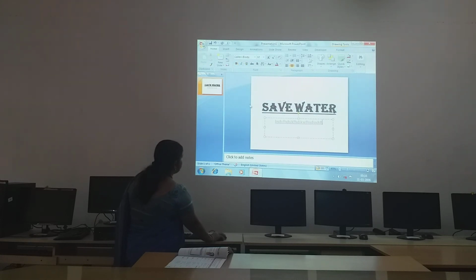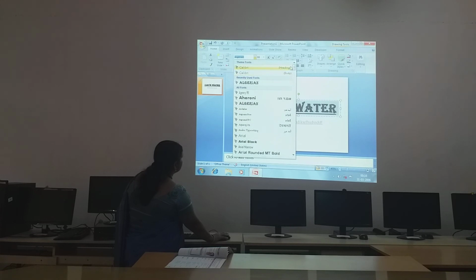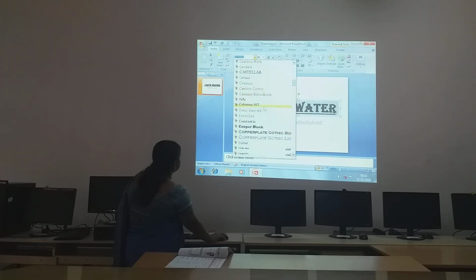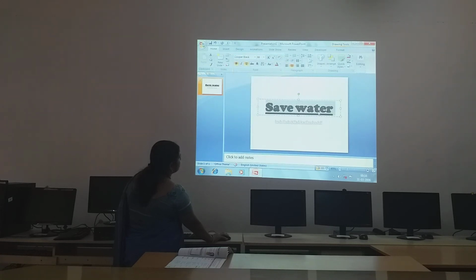Some other fonts also I will show you. See, go here, select the text. This one. See, this one you change. Copper Black. This one has changed. Okay.